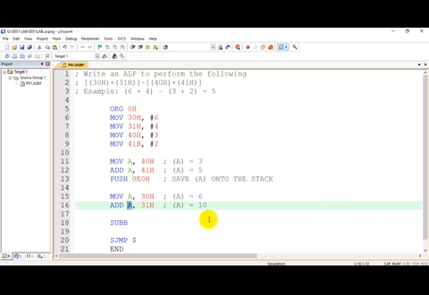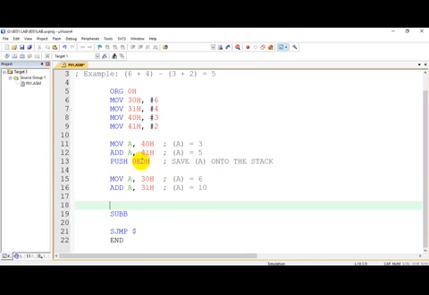So now we have to get back whatever we had saved. For that, what will I do? If I say pop 0E0H, what will happen? Whatever I had saved, that is 5, will be popped up and copied to accumulator. But in that case, the sum of 30H and 31H will be lost.